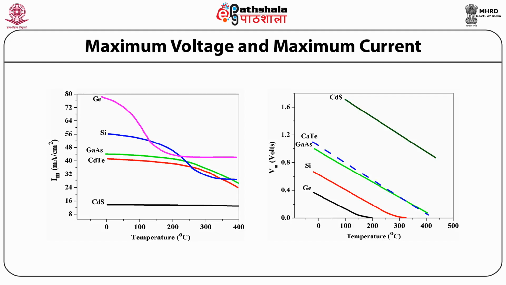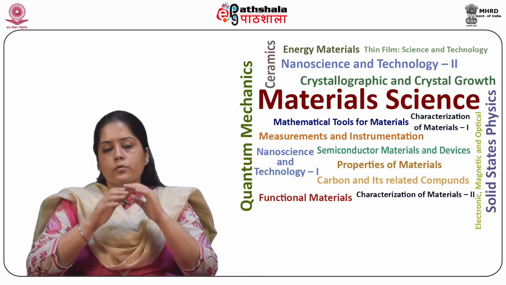Also, the efficiency of semiconductors with larger band gap is not affected much by temperature. For example, gallium arsenide, which has a high band gap, is less sensitive to increase in temperature as compared to silicon cells. There is one more material also, that is cadmium sulfide, whose Im does not vary at all with increase in temperature. So students,